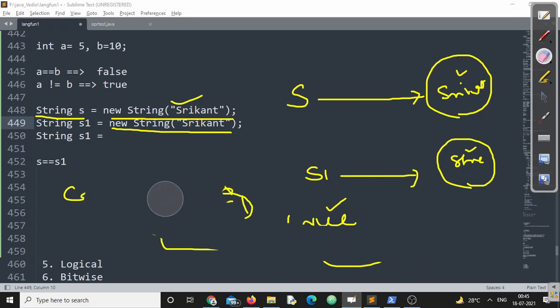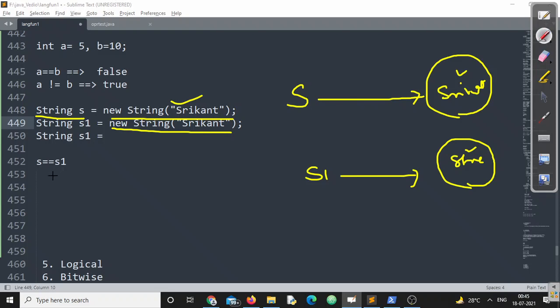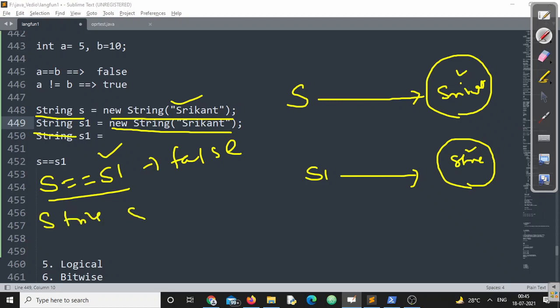Let us have one more example. Can you please tell me, if I am writing S equals to S1, what is going to happen? This will be definitely a valid one, but what I'll get is a false value. Don't worry, we'll cross check this one. Then suppose after this particular one, I am writing String S2 equals to S1. Look at this particular statement very carefully. S2 equals to S1.